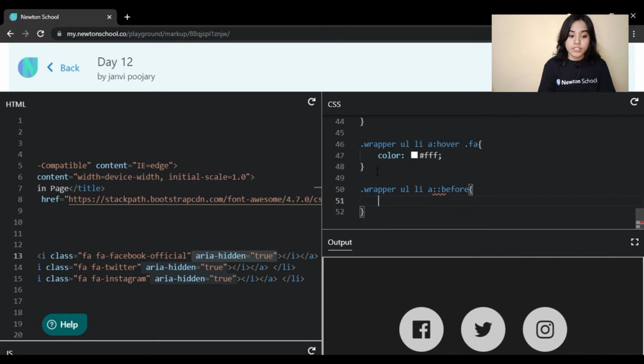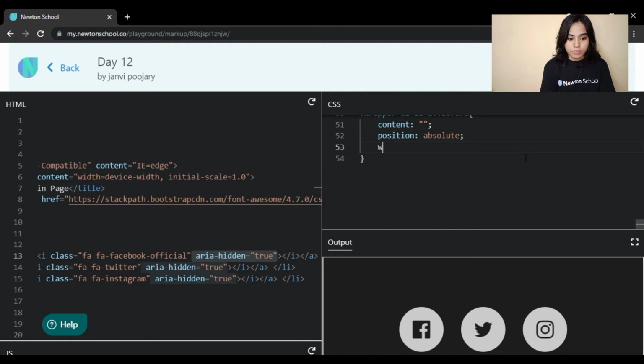For that effect, first we have to target the before part and then the after part. So first we will see the before part. We want that before, it should start from 0 and it should go like this. So for that reason we'll style it like this.